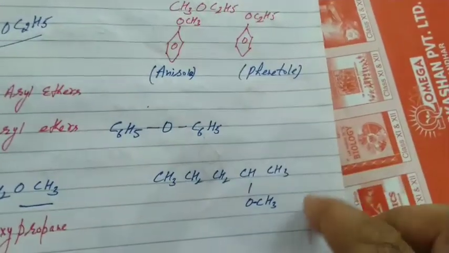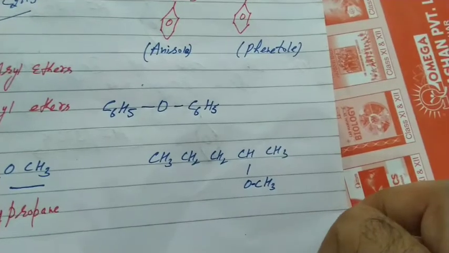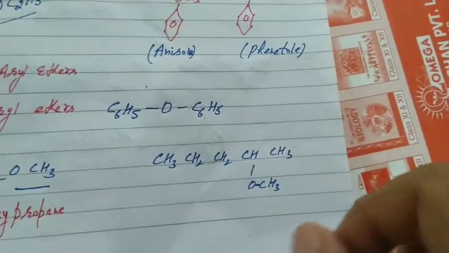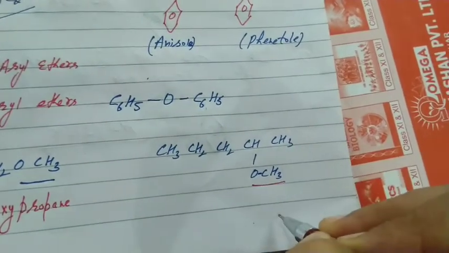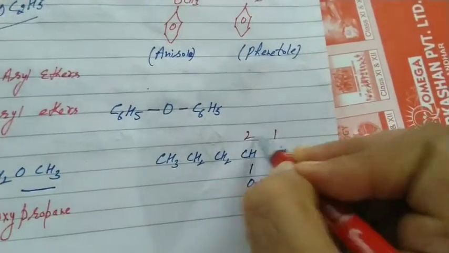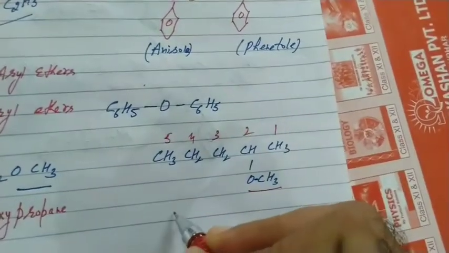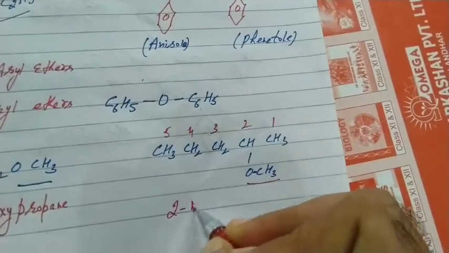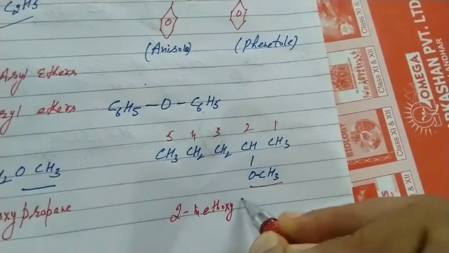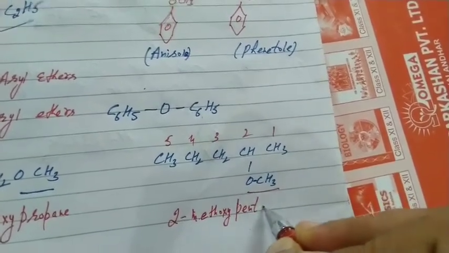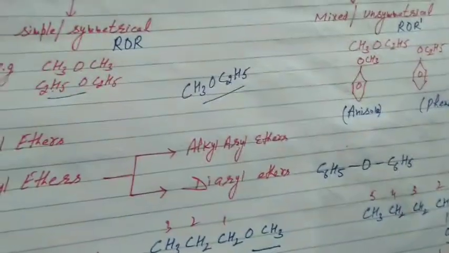Now again students, it is clear, it is mixed ether. Is it alkyl or aryl ether? It is alkyl ether because both the groups are alkyl. Now that end is the substituent containing fewer carbon atoms. 1, 2, 3, 4, 5. Lowest number rule. Its IUPAC name is 2-methoxy, that's the chain of 5 carbon atoms, pentane. We use alkoxyalkane when we have to give IUPAC names.